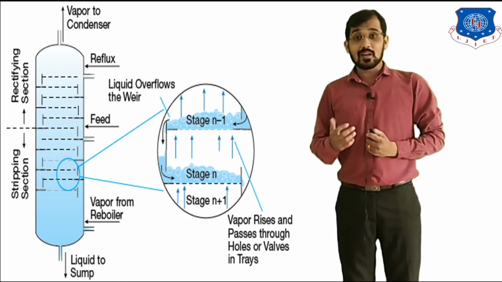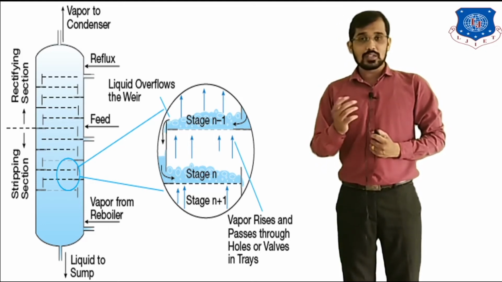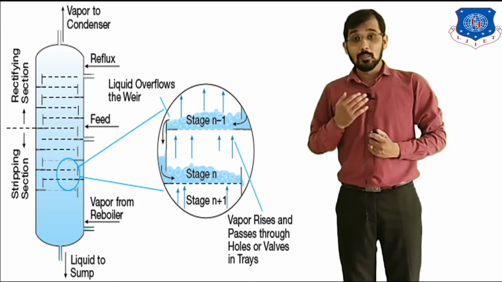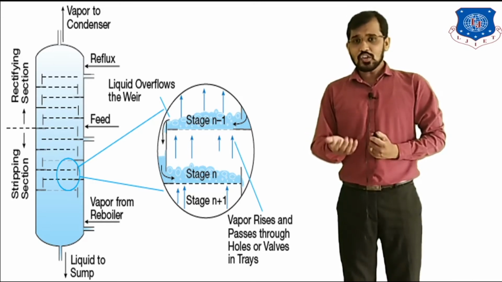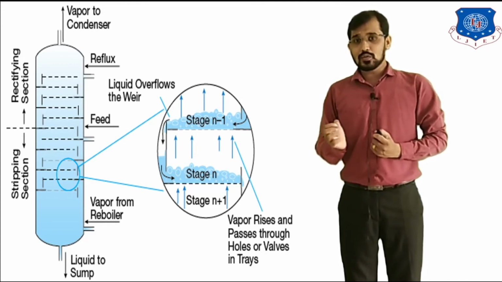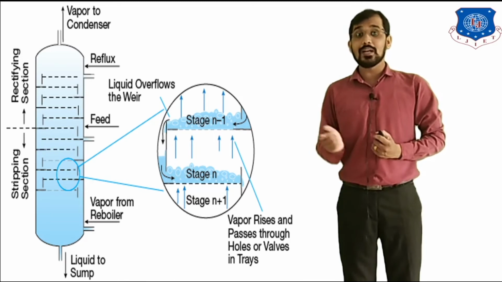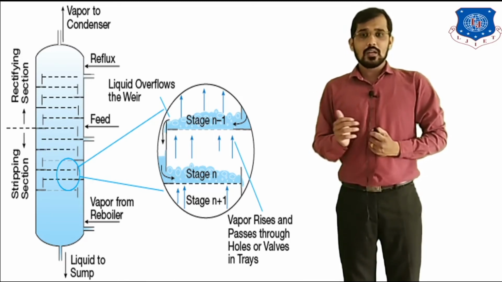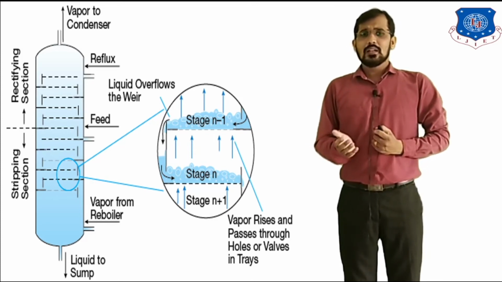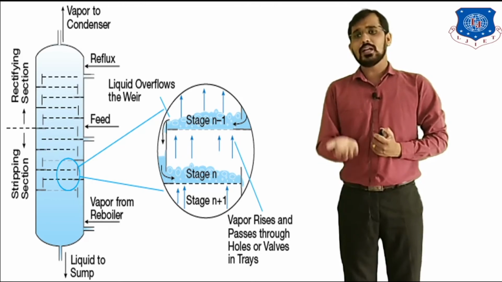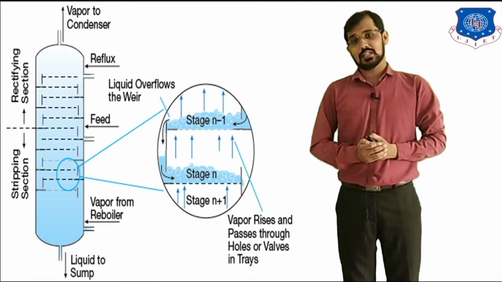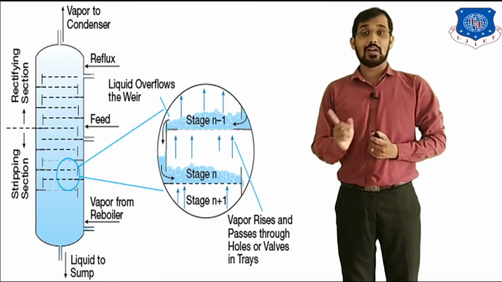Higher separation efficiency means, suppose there is an A plus B component mixture, and I want to remove the A component from this mixture. Higher separation efficiency means we are removing component A from that mixture by using the bubble cap tray in a better way as compared to the sieve tray. The sieve tray is not as good as the bubble cap because in the sieve tray there will be no horizontal mixing, only vertical mixing. So for better separation, there should be better contact between the liquid stream and gaseous stream. That is possible in the bubble cap tray and valve tray.